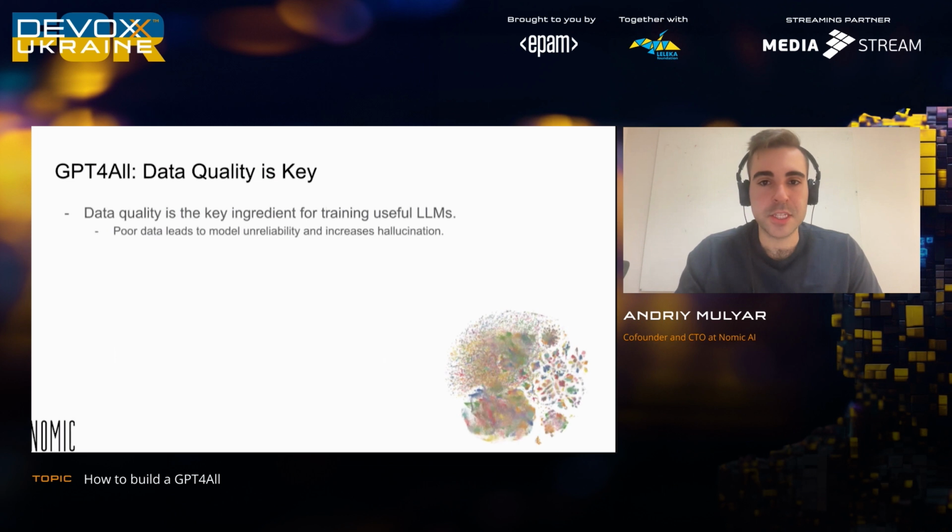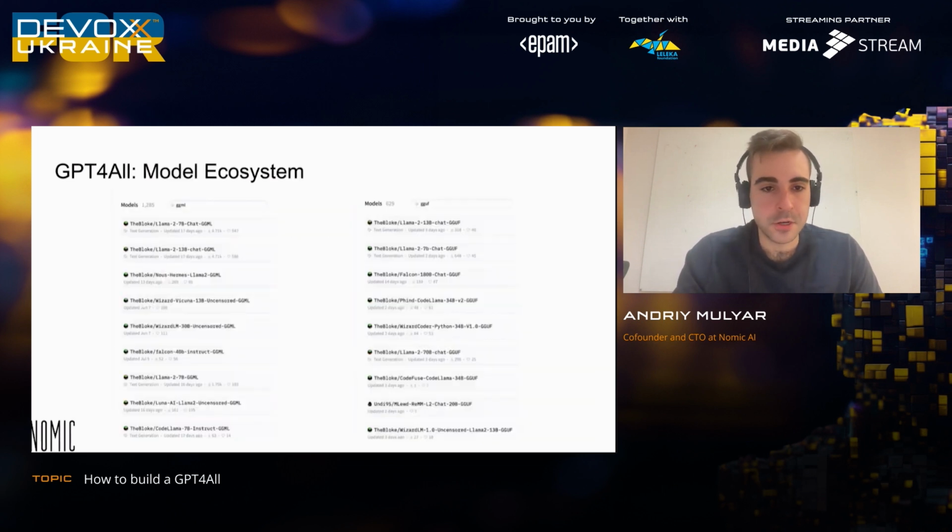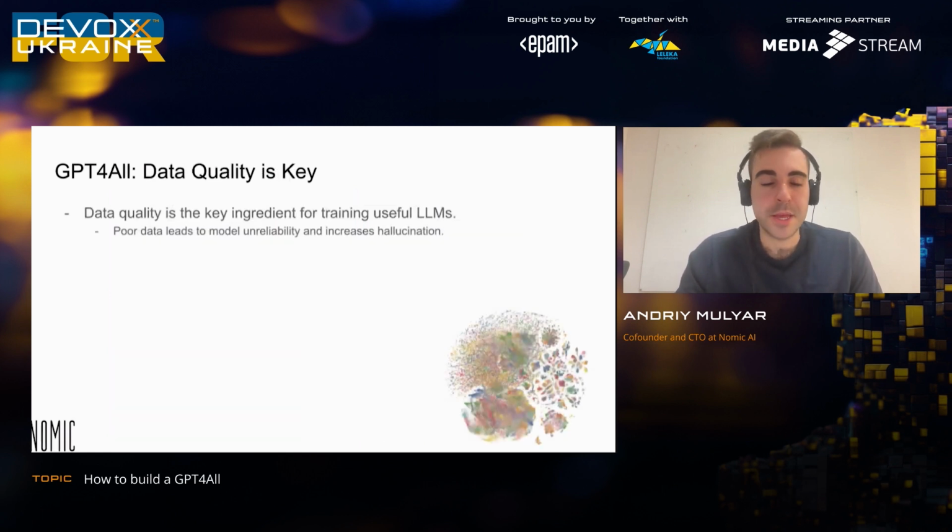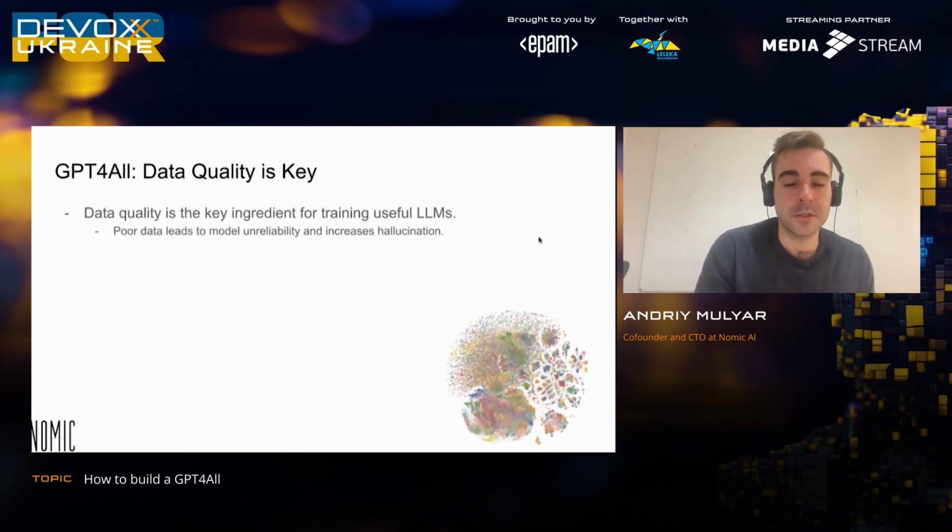And then a few things I want to point out. It's really, really important. So how do all these models differ? What is the difference between all of them? Which one do I use? Well, it really depends on data quality, so the kind of data that was put into the model. The way you program a large language model is by manipulating the data that goes into it. You put different data into the model, you can instill different biases into the model.